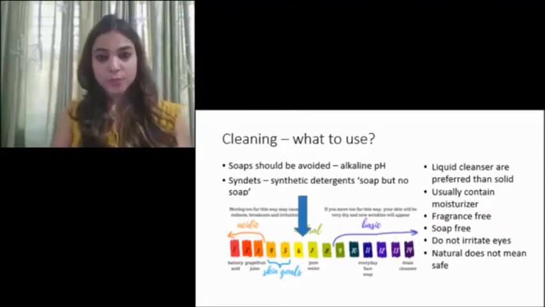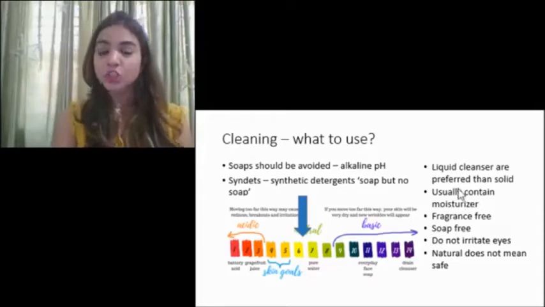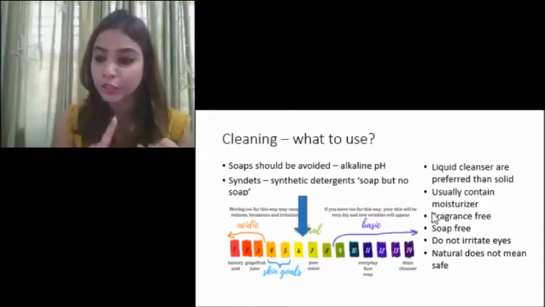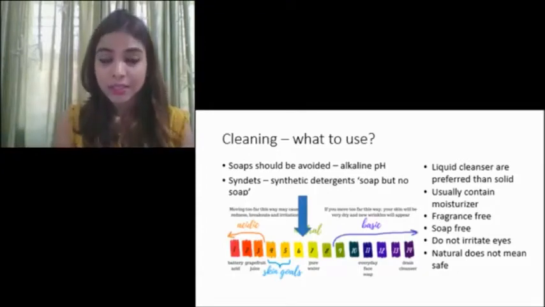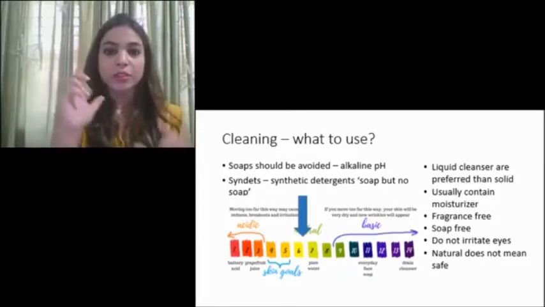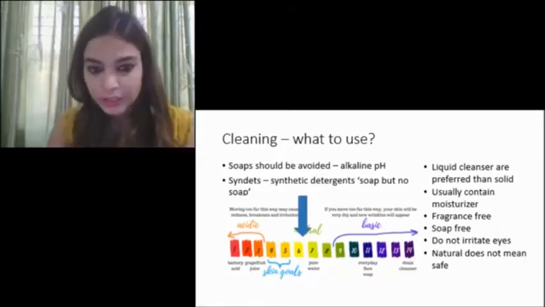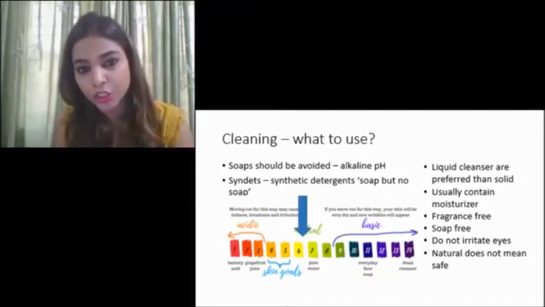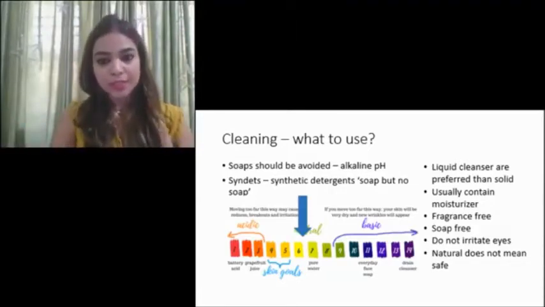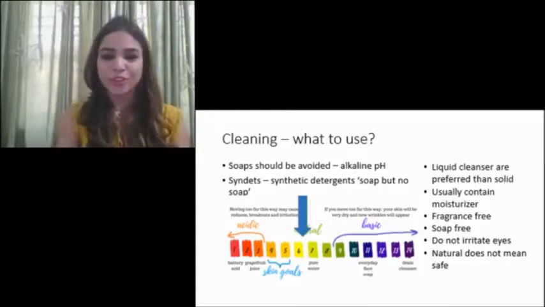Better than soaps, it's better if you use a liquid cleanser. They also contain moisturizers. Make sure the preparation you are using for your baby is fragrance free. It should not contain any kind of soap. It should not irritate the eyes. And always remember, people fall for this very often. They see on the brand it's written natural eucalyptus oil, tea tree oil, lemon oil. Do not fall for these things, because these things, if not in proper concentration, can again damage baby skin. Natural does not always mean safe. So please read the label properly, see the ingredients, verify and then use, or better ask your dermatologist.